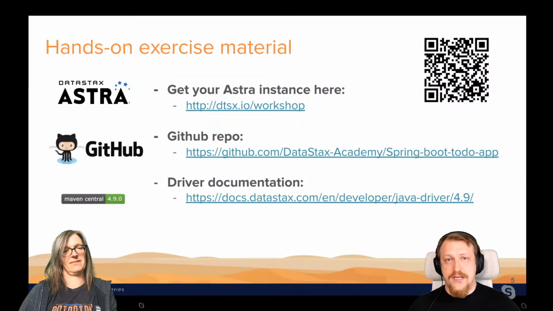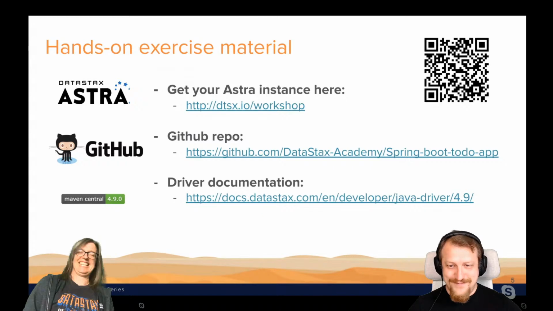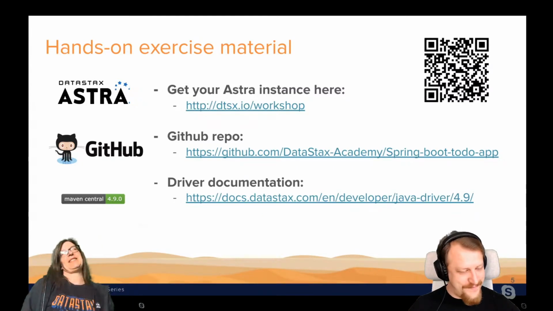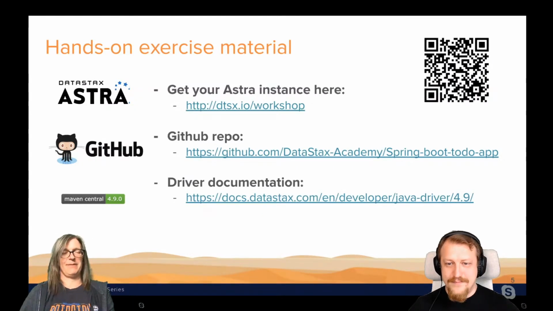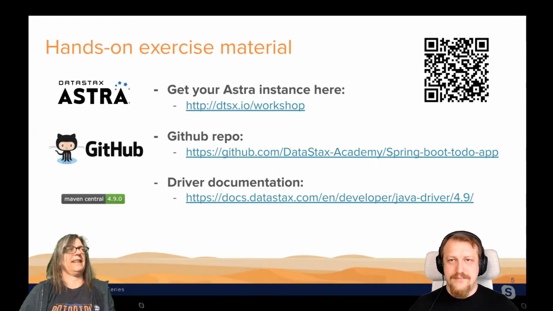We use Cassandra as a service, so Astra as a database, and we use Gitpod to run your code again on the internet. So all you need is only a browser and an internet connection. And if you are watching me right now, most probably you have an internet connection. Exactly. But you need a GitHub account in order to access Gitpod. I think you probably have that already anyway. And also that's very easy to set up and it's free as well.